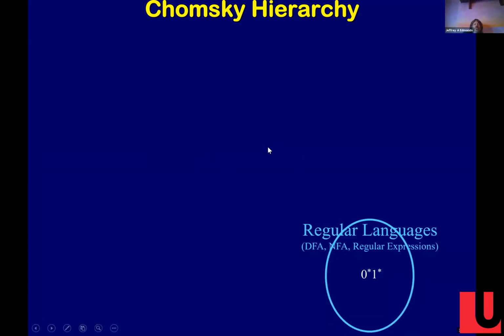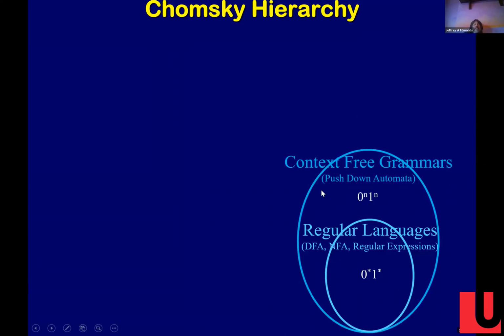All right, so let's talk about the Chomsky hierarchy. Remember, we talked already about strings that can be expressed by regular languages. A DFA can do them, an NFA can do them, a regular expression can do them. And we sort of proved that 0^n 1^n can't be done by a regular expression. But he defines this idea of a context-free grammar,